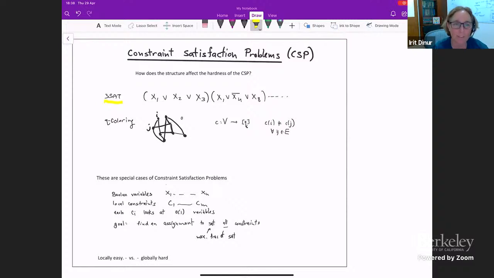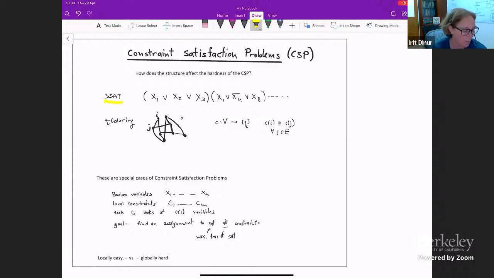It's a constraint satisfaction problem because each clause can be viewed as a constraint. It says that among the variables x1, x2, and x3, all possible 8 assignments are allowed except for 1, which is, in this case, the 0, 0, 0 assignment. For the next clause, the assignment that's not allowed is the 0, 1, 0 assignment. So you always pick a triple of variables and disallow one of the 8 values. I'm sure we all know this, but I want to set the language so you know what I'm talking about. Another example of a CSP is the problem of graph coloring.